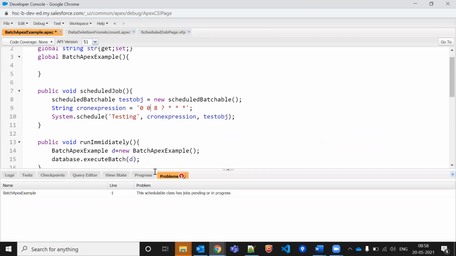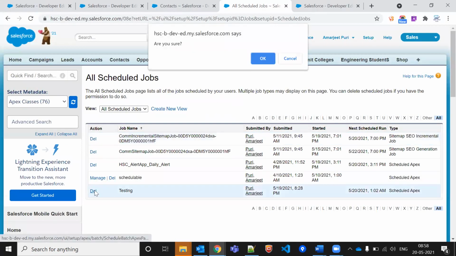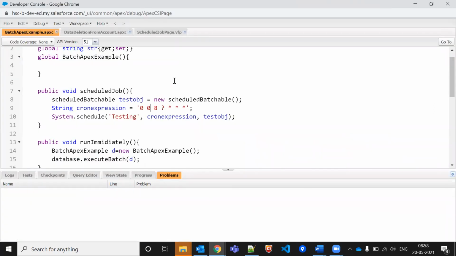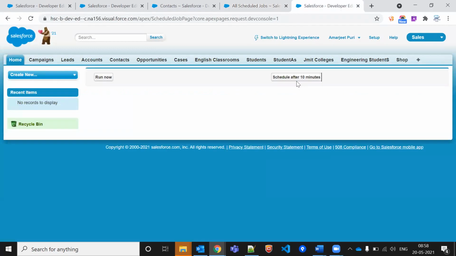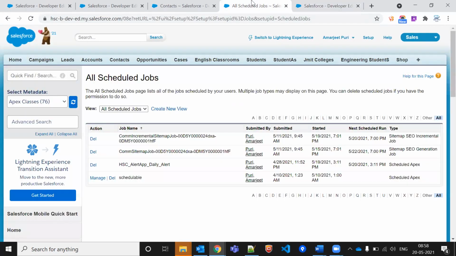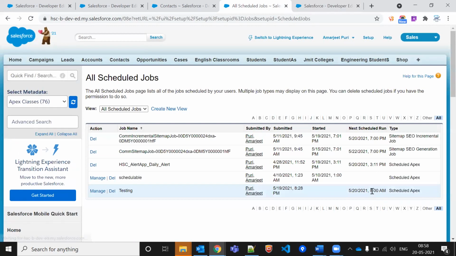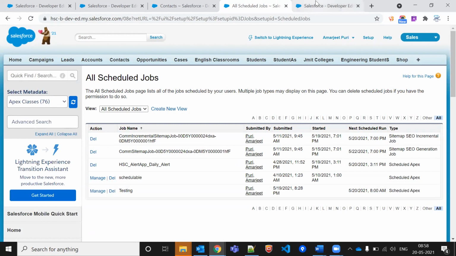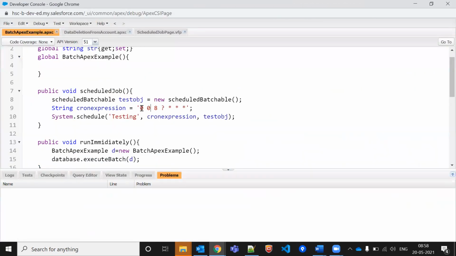Let me just, oh sorry. It is 8 a.m. in the morning, right? So something like this. If you want it to run after 5 minutes, there are loads of cron expressions on Google, you will easily find them, and you just copy and paste, and accordingly you can change whether you want to run it after 5 seconds or after 10 seconds as well. That is up to you. You can find out the things.